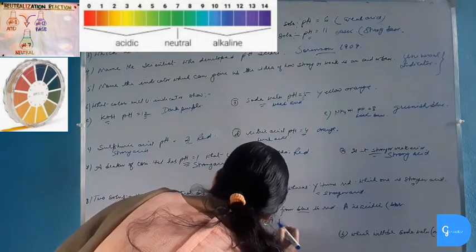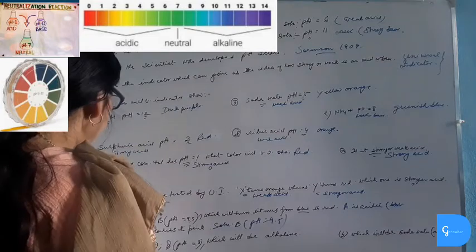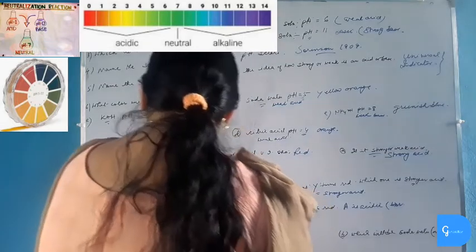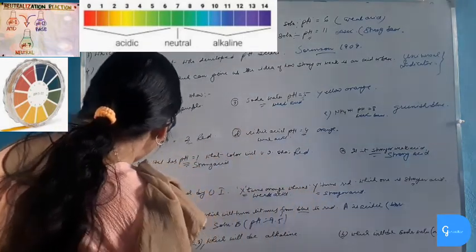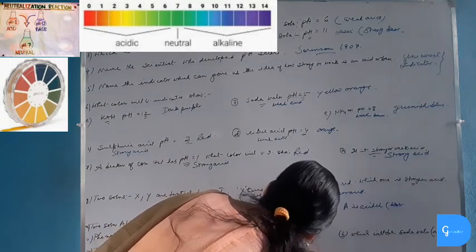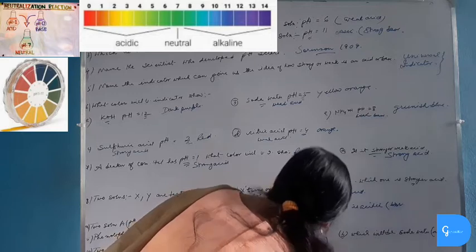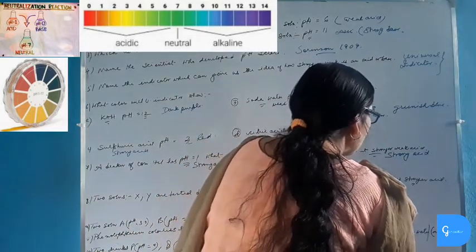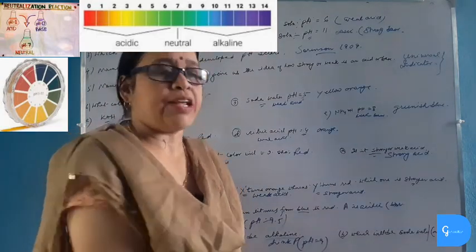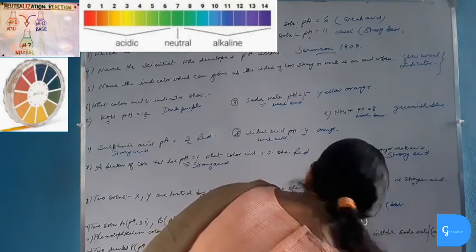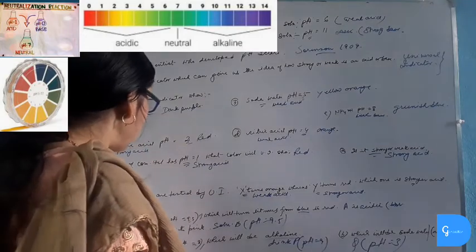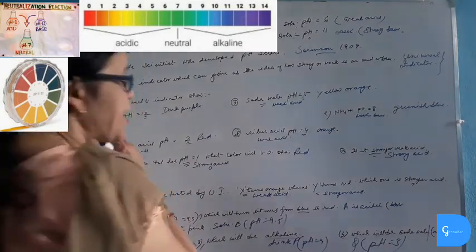Two drinks, P having pH value 9 and Q having pH value 3. Which will be alkaline? The pH value which is more than 7 will be alkaline. So drink P will be alkaline. Which will be soda water or acidic drink? We know that carbon dioxide is used in soda water. Carbon dioxide is acidic in nature. So the drink Q having pH 3 will be acidic in nature, as it is having pH value less than 7.